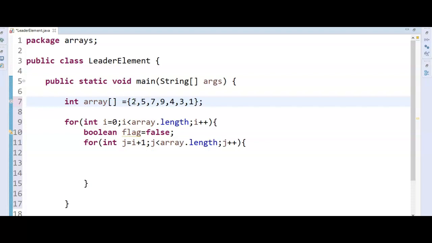So first I'll compare 2 with all the elements. If for the first element itself the condition is false, it will break the loop and continue with the next.